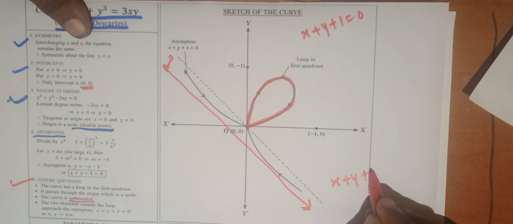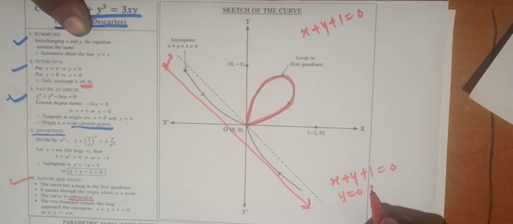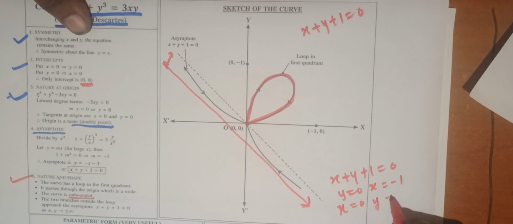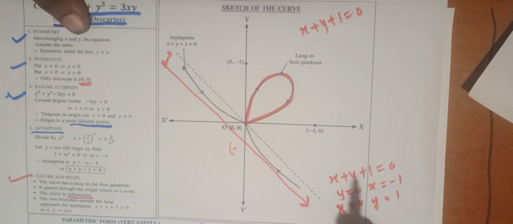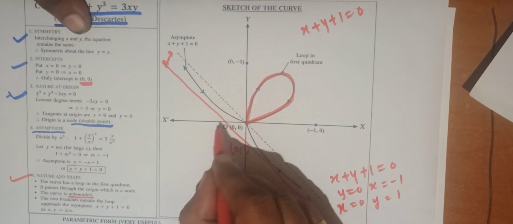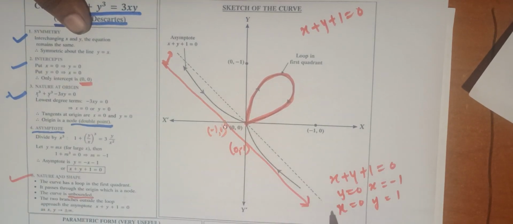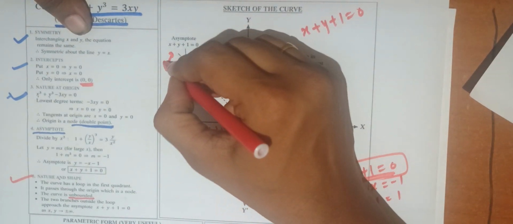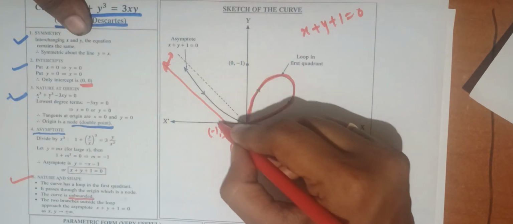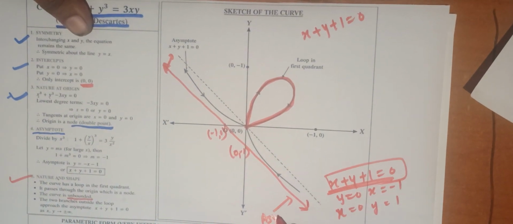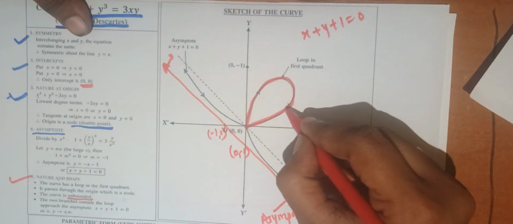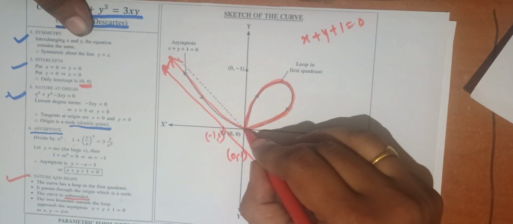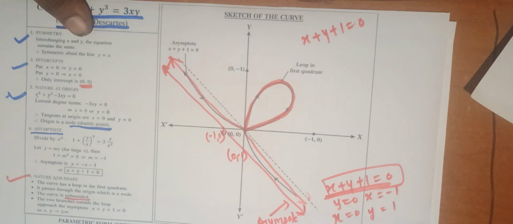To draw this line, first put y is equal to 0, we get point x is equal to minus 1, and put x is equal to 0, we get y is equal to minus 1. So here is one point 0, minus 1, and here is point minus 1, 0, and for drawing a line we require only 2 points. So this is the line. Along this line, because this line is asymptote, these branches of the curve are going towards infinity.